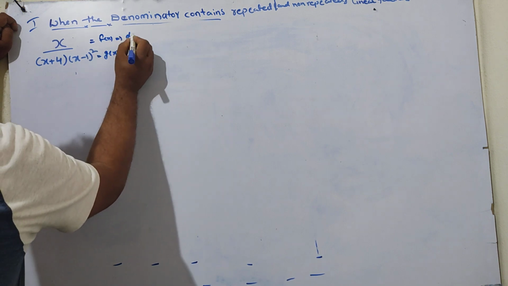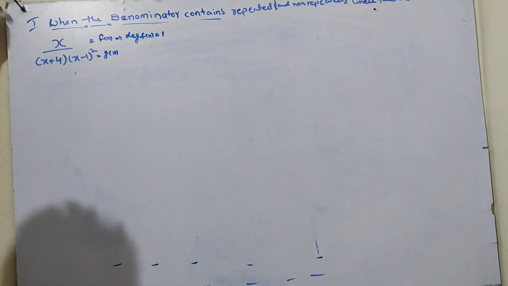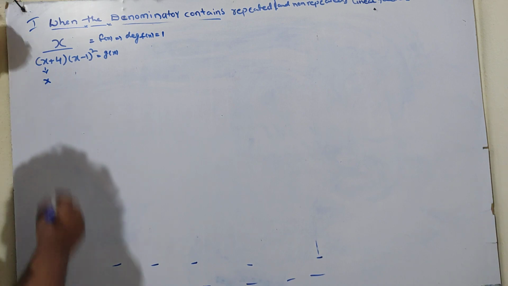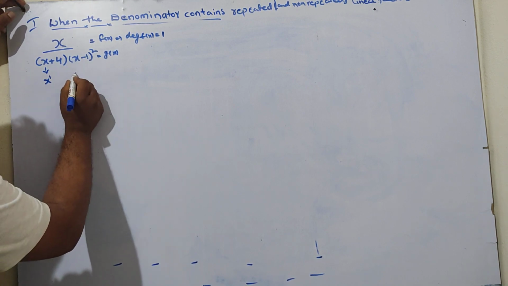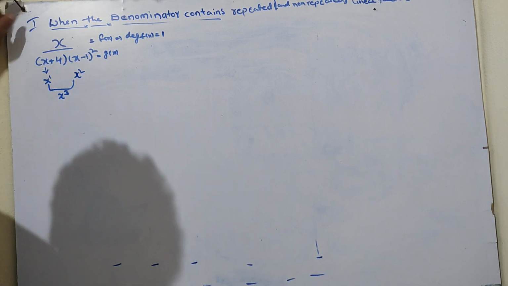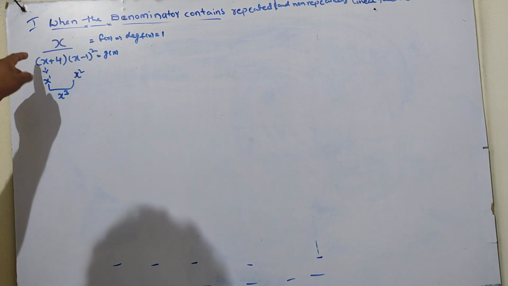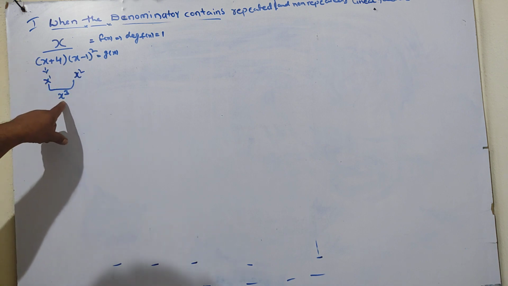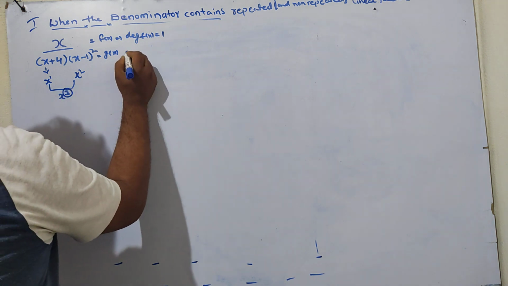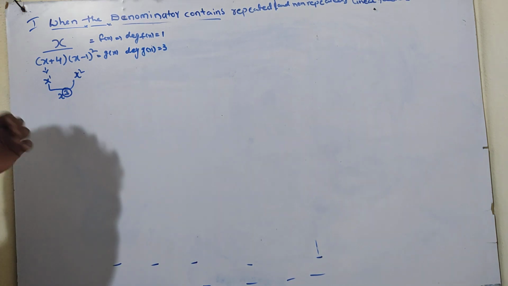The degree of f of x is equal to 1. Here, for g of x, the highest degree is x to the power of 1, and in (x minus 1) whole square we have the x square term. When we are multiplying these two terms, we will get x cube. First of all, we have to expand, and after that we multiply the terms. The x term and the x square term multiplied give x cube. The highest degree we will get is 3 only. That's why the degree of g of x is equal to 3.